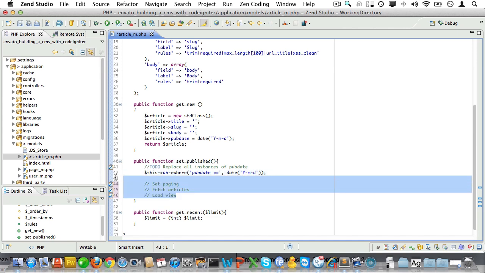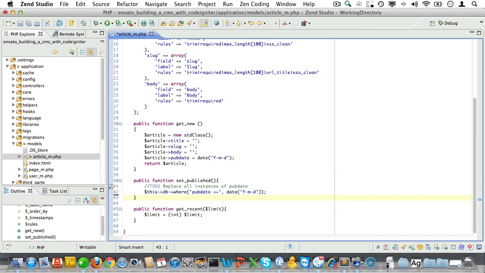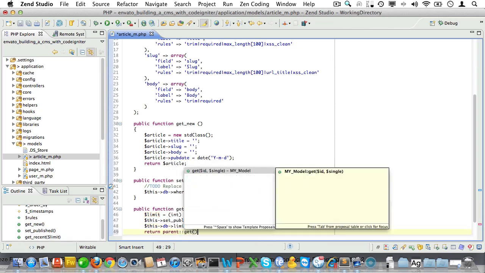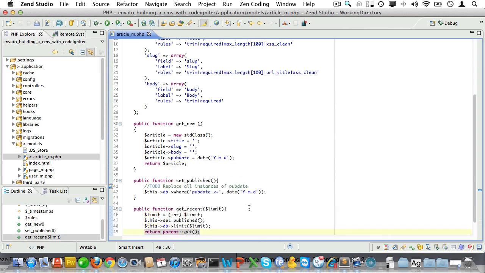Okay, enough of that. Let's just fetch those articles. First, let's call our new set_published method. Now, let's limit the number of articles to limit. And then, let's fetch the articles and return them. Now, lazy as I am, I'm inclined to just call this method in our front-end controller so we have access to the newest articles everywhere. But I'll just be a good boy and call it where we need the sidebar only.